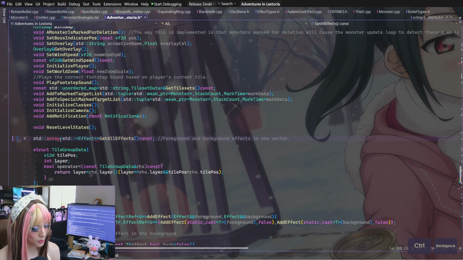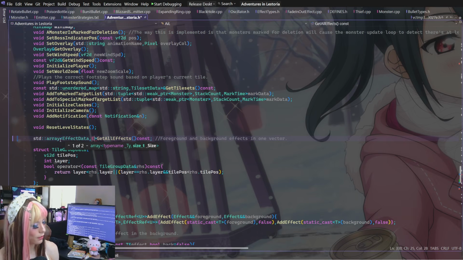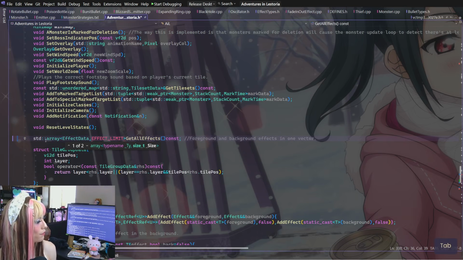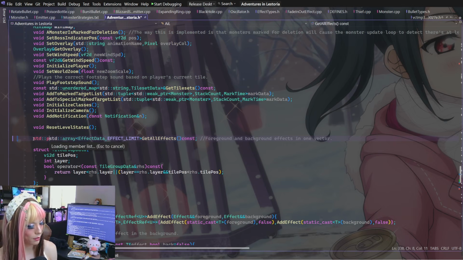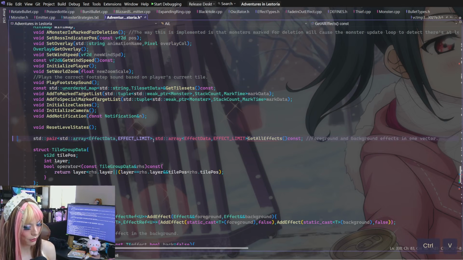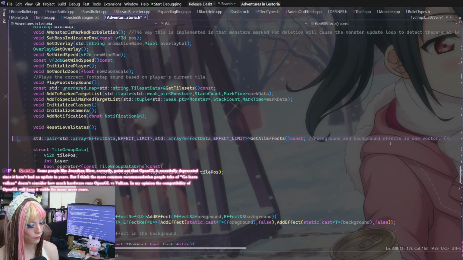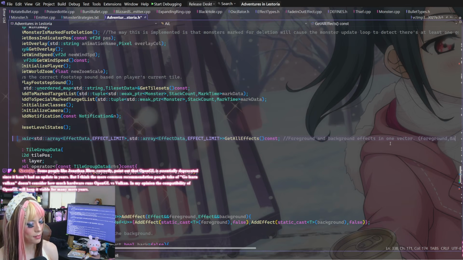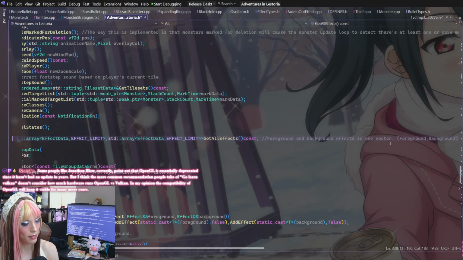Okay. So let's do standard array, effect data, effect limit. And then we'll have 2 of these in a pair. The first one is going to be the foreground, the second is the background. And then I guess we need to specify that in one vector. Foreground, comma, background. I feel like the type it returns should specify that, that way I'm not confused.